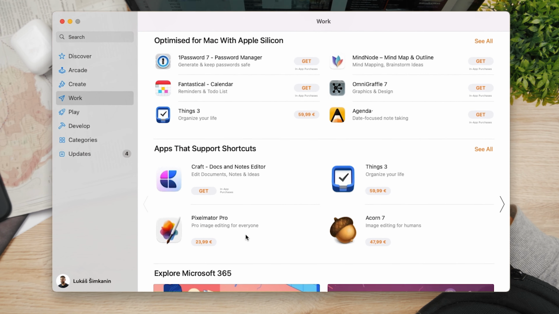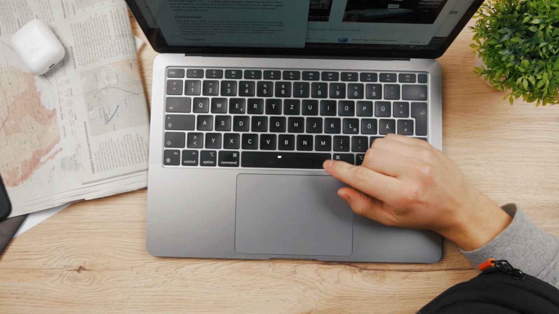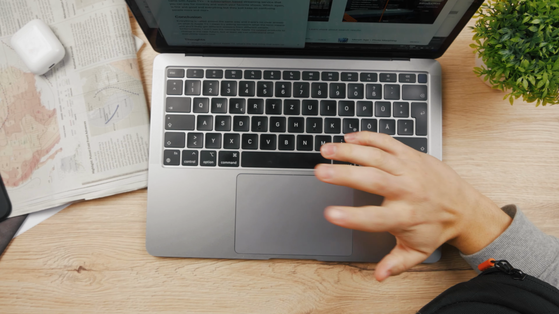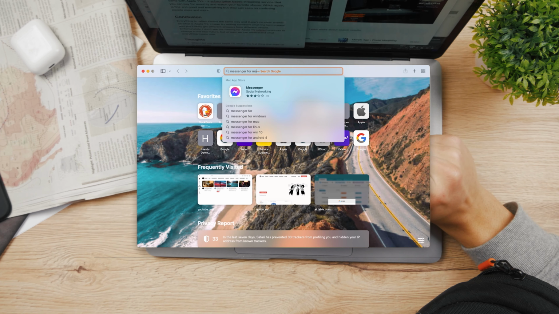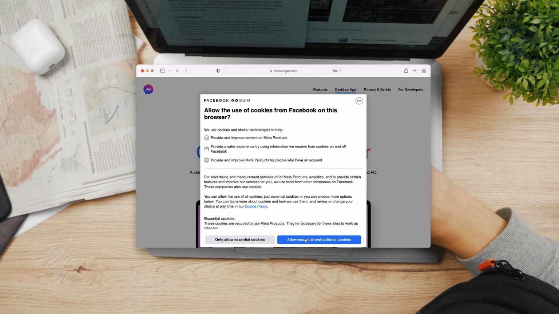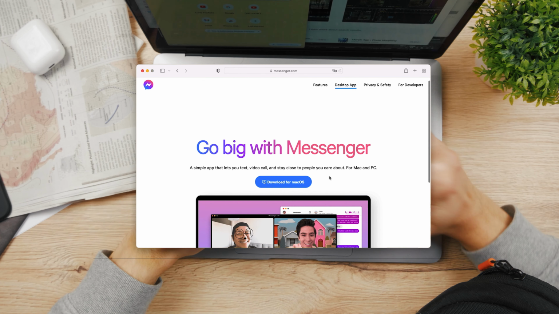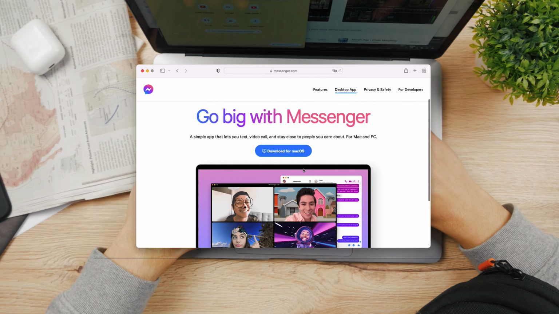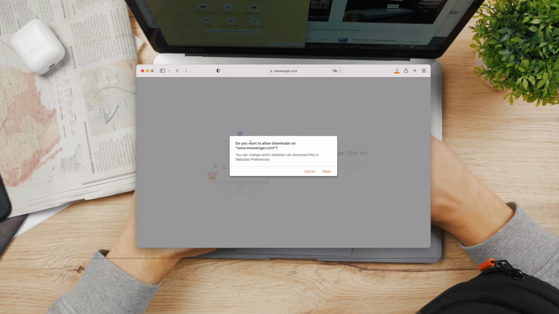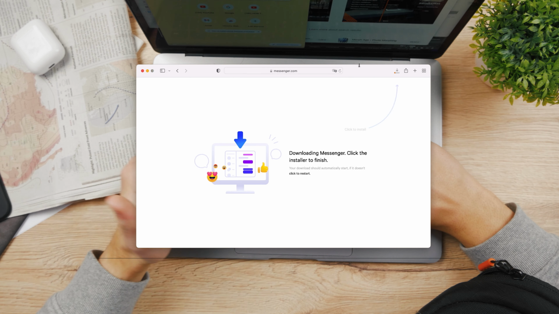However, there are other ways how you can install apps on your Mac, and the second one is using the DMG file or the disk image, which is like the exe file on Windows, like an installer file. So the way it works is that you download it from any website. So you know, for example, that a website or a company offers a MacBook app. You go to their website, hit the downloads folder, you hit the download for Mac, and you're going to download